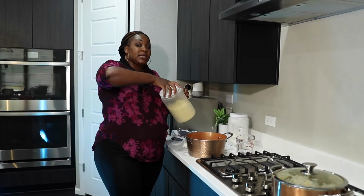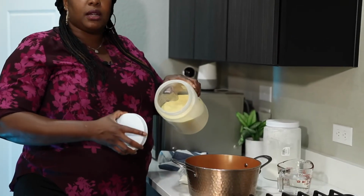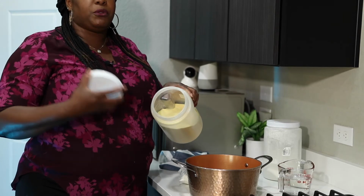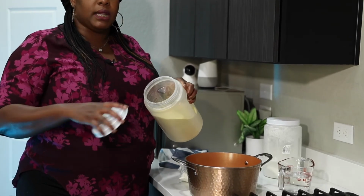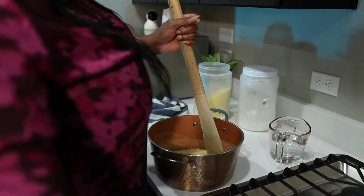You can use semolina, and I'm gonna be using the yellow semolina. So that's gonna replace my corn flour. But if you can use corn flour, it's gonna be just the same way. So let's get started. And just turn on